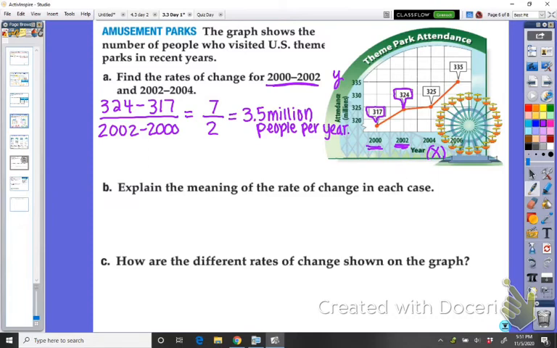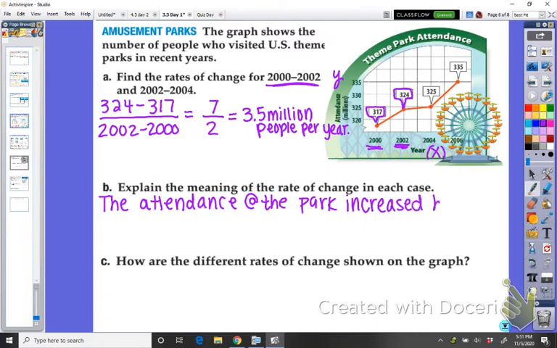And let's jump down to part B here, and then I'll go back and finish the other year. Explain the meaning of the rate of change in each case. So that means the attendance at the park, I'll just say park for short, increased by 3.5 million more